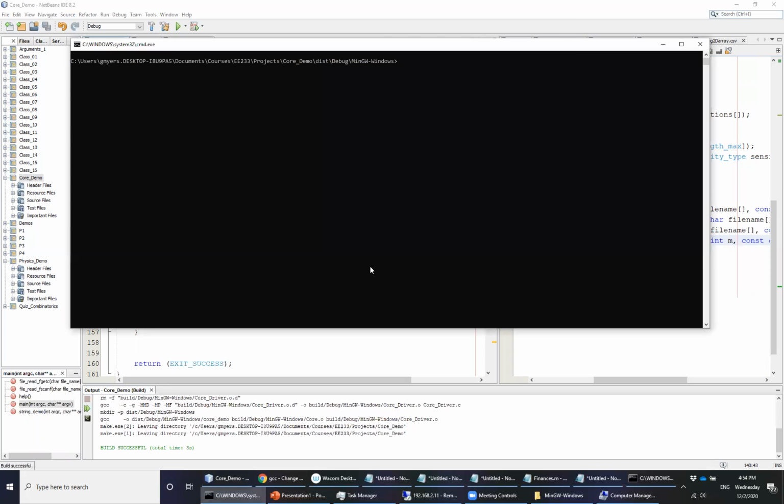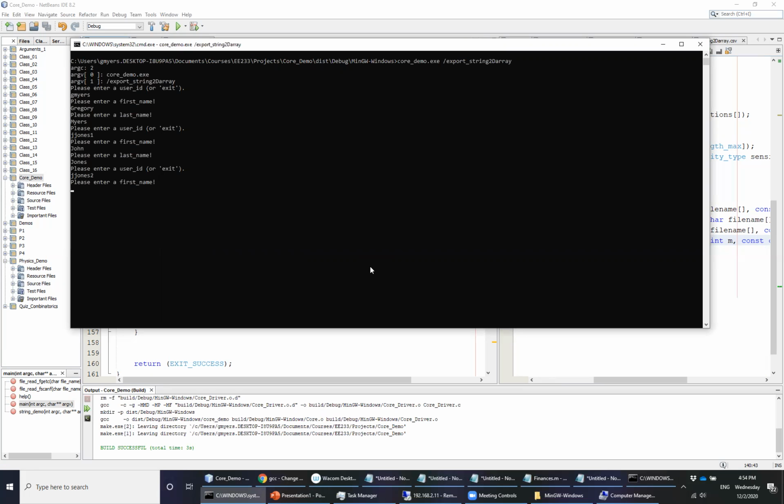you can come back out here to the command window, and we're going to go ahead and run our export string 2D array. And this time around, we're actually being prompted for a user ID. We're going to put a couple of them in here. I'm going to start with mine and my first name and my last name. And then we're going to put in J Jones 1, and this is going to correspond to John Jones, and then how about a J Jones 2, and that is going to be Jim Jones. And then we've had enough of this, so we're going to type in exit,